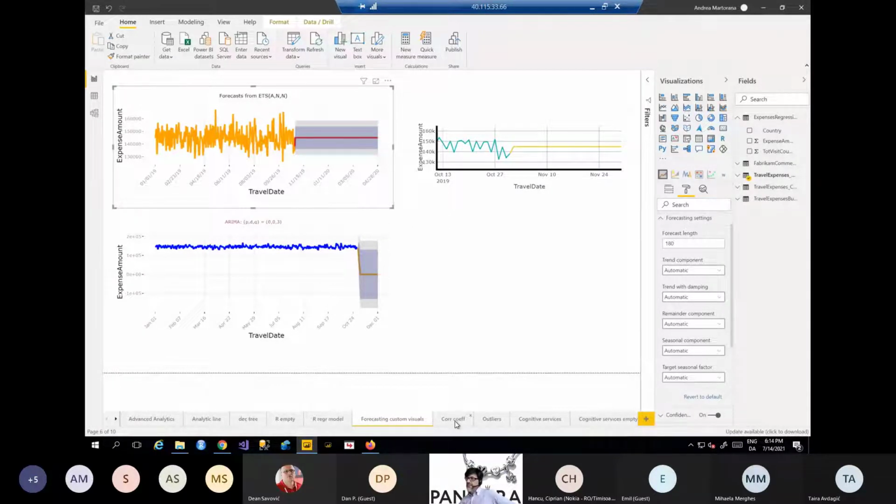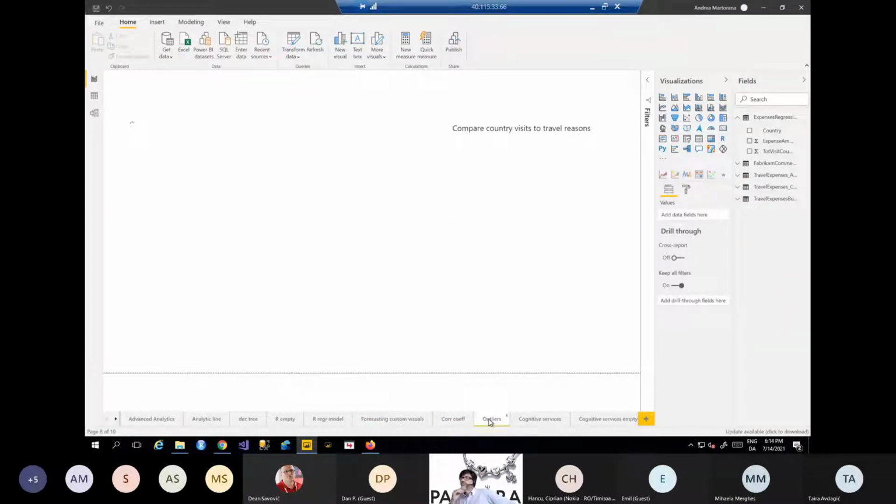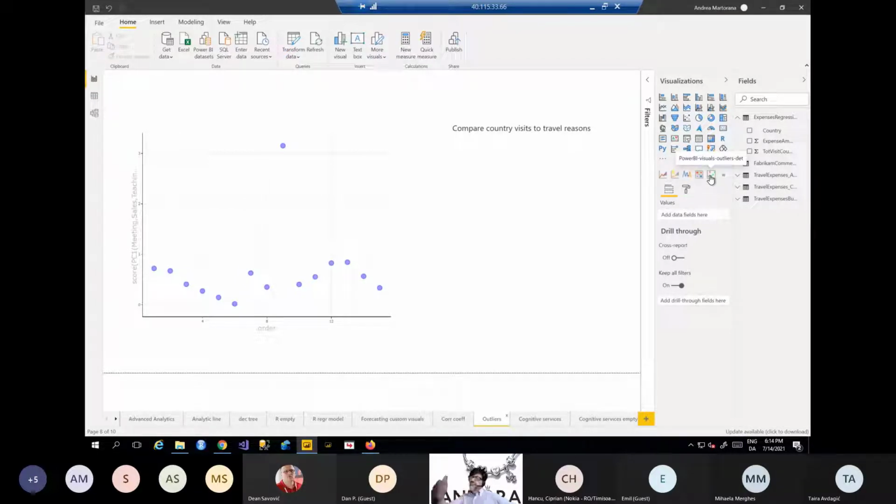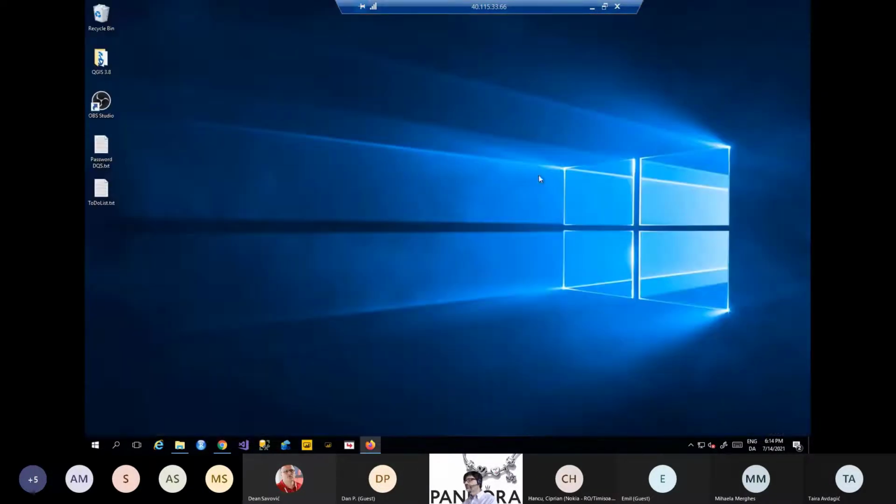Okay, another interesting visual is the outliers detection. Again, it's a custom visual coming from the app source, Power BI visuals outlier detection. So you have to import the visual. It is based on some R packages. I don't recall the name of the package. But again, once you add the visual to your page, then you have to, sorry,